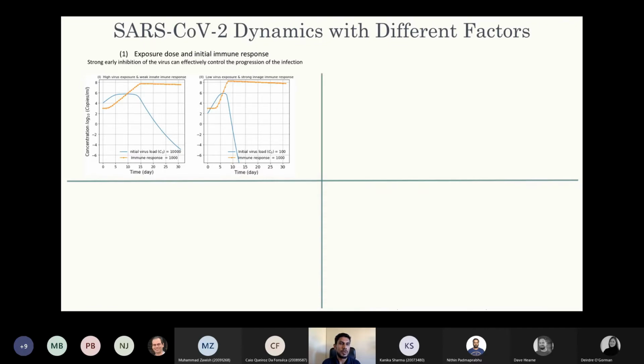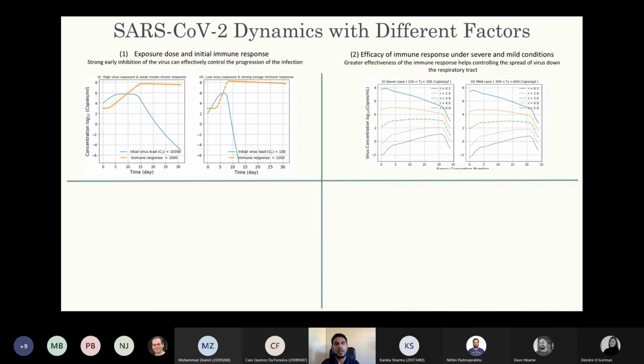Considering the immune response, it consists of a number of components such as interferon, T cells, natural killer cells, and B cells. However, in this study, we considered only the immune response by T cells due to lack of data. Then we studied whether the immune response by T cells is the only factor which impacts the dynamics of virus.